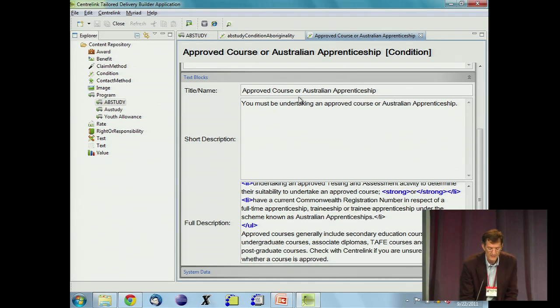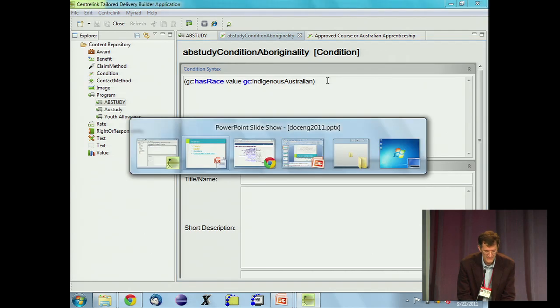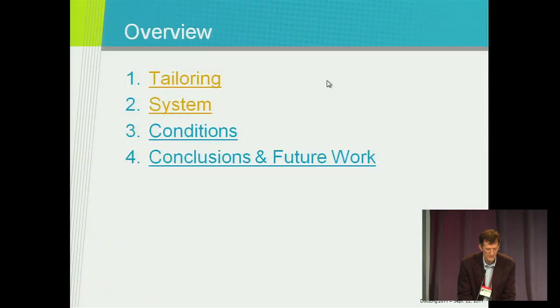All right? The Aboriginality condition, on the other hand, is one where we let the system go on its own. There's no description listed down below, and here we see the condition that we're going to be verbalizing. And in the computational linguistics world, this problem is commonly called ontology verbalization. All right? Now, I think that's probably easier to show you with my slides. So I'll go back there, and I'll say this little bit about the conditions.